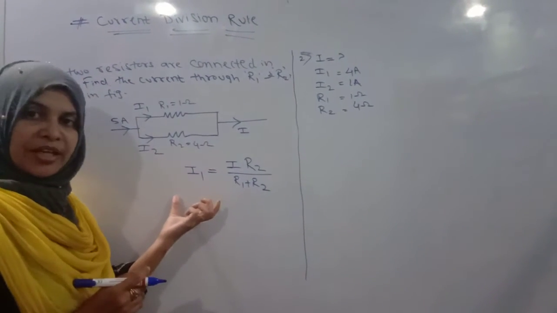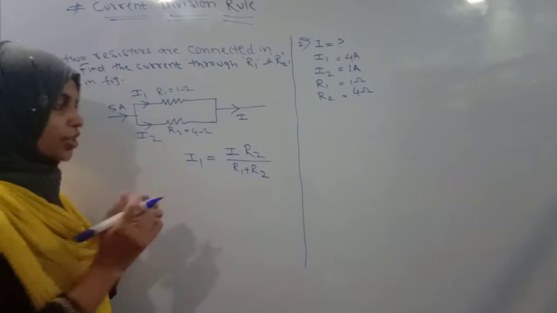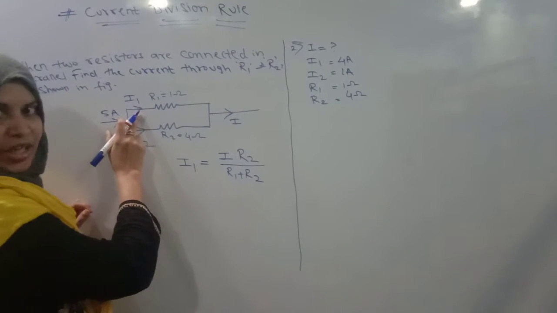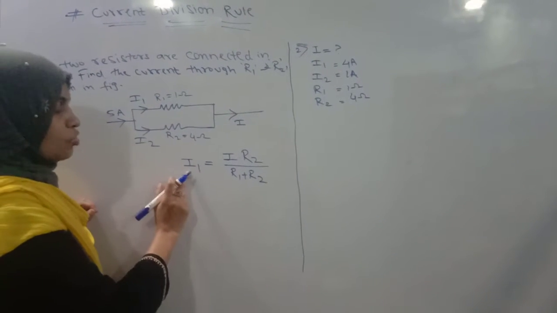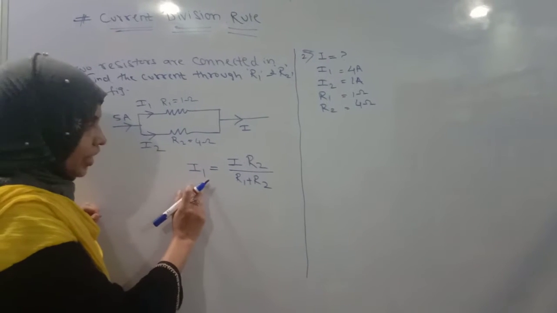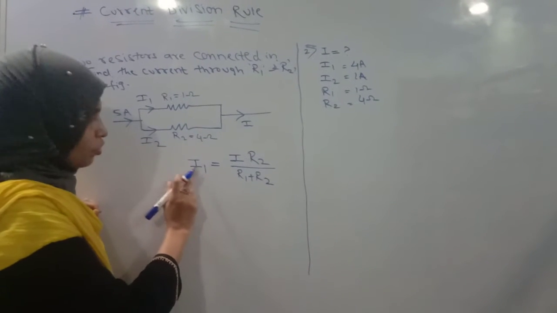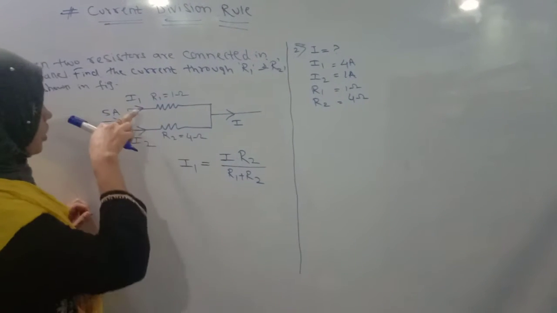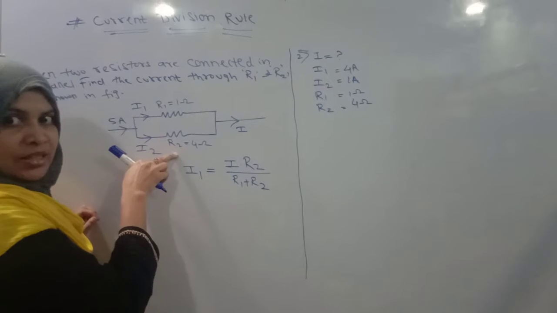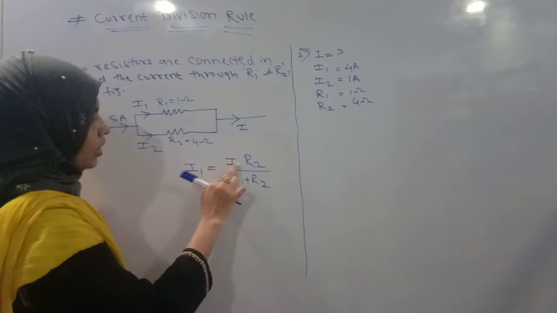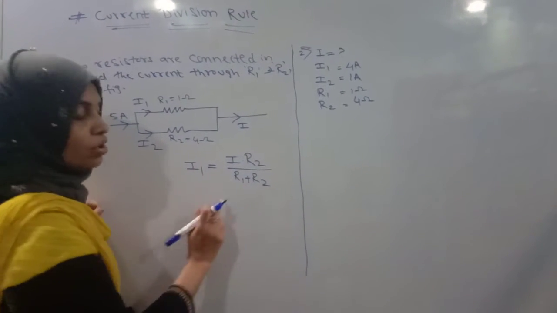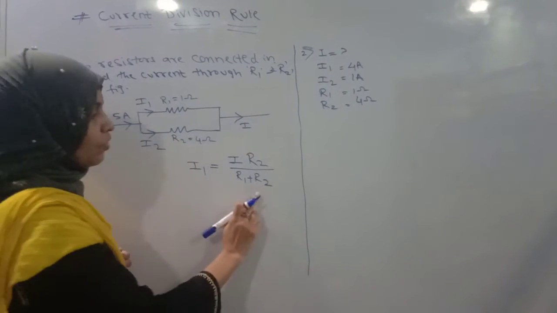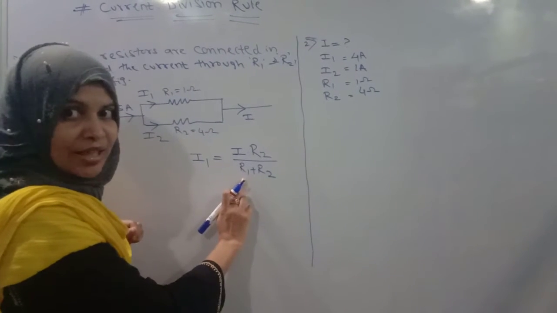Dear students, just pay attention here to what I am saying; this is the definition. A particular current means one of the branch currents. Starting from 1: I1, the particular current, is the branch current flowing through R1. So I1 is equal to the total current I times the opposite resistor. I1's opposite is R2. So total current times the opposite resistor, divided by the summation of all the resistors present in the circuit. Right now there are two resistors, which is why I am mentioning R1 and R2 here.